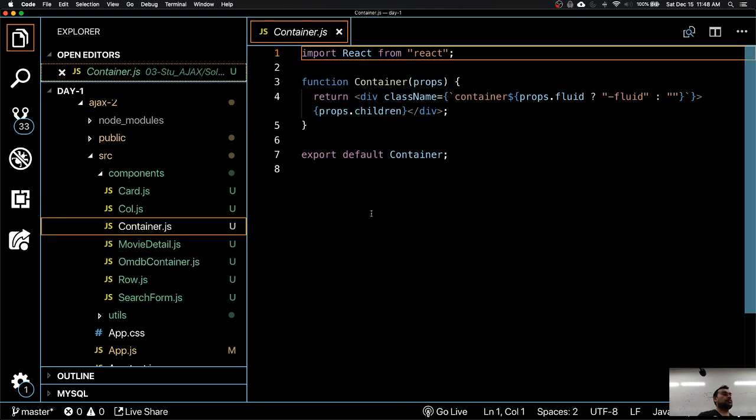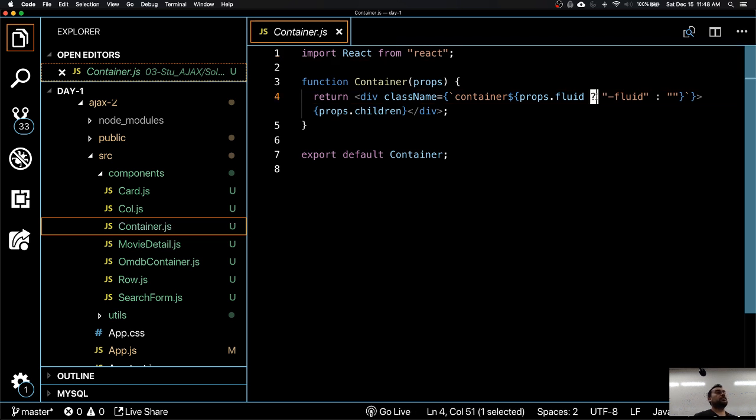Sitting container. Yeah, the only thing that stands out is the question mark. The one guys are familiar with is the if else. You cannot use if else inside the JSX, so that's why we'll have to use the conditional ones. That's the only thing. So remember this one, it says if this is the condition you are testing, if this